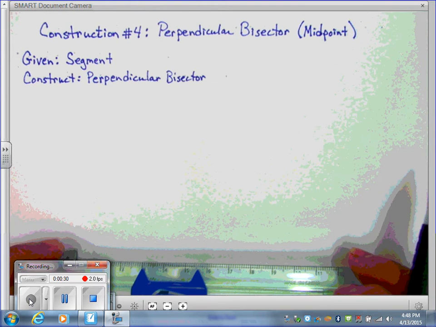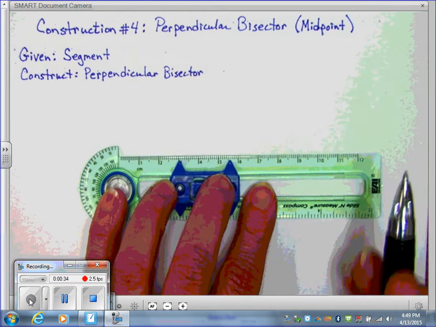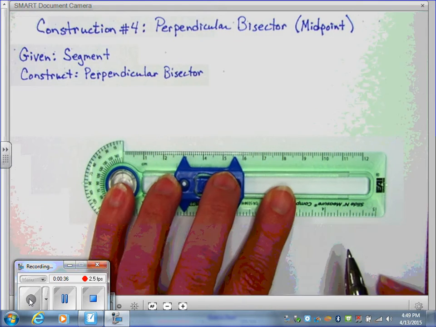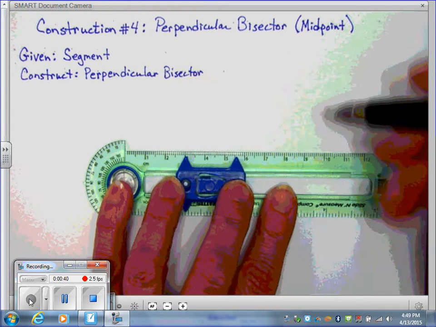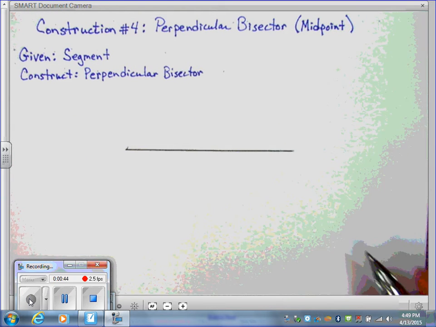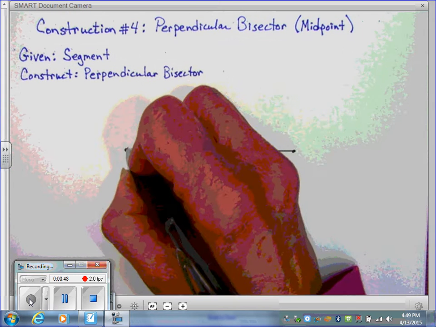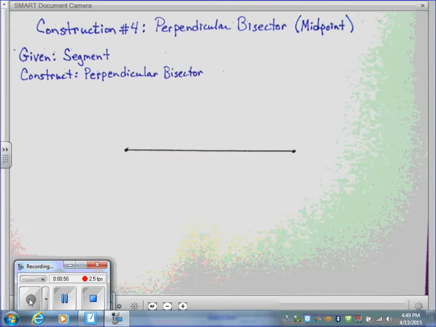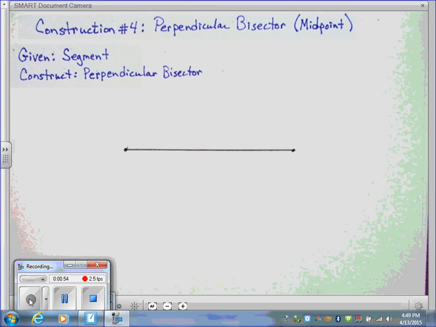All right, so if we look here, it says given a segment. You need a segment and it needs 2 endpoints. I'm just looking at this. This has centimeters here. I'm going to make it about 8.5 centimeters. It doesn't have to be anything specific, but I use that amount so it's a nice size on my paper. Okay, and let's call this segment